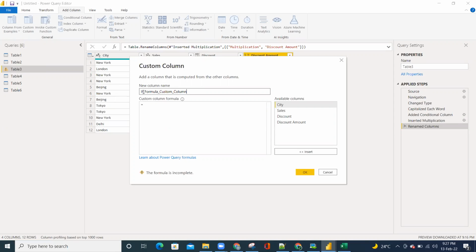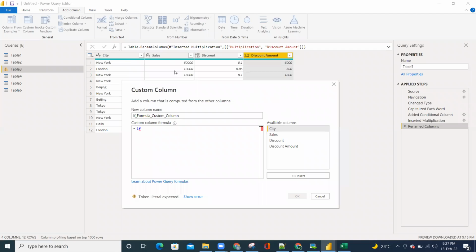Here you can give the column a name, just for your understanding. Then you can write the if formula. What is the condition I said? If the city is equal to New York, right? It again looks like simple English. As you're writing something manually, you need to write New York in double quotes. Whatever English statement I'm saying, the same thing I'm writing here: if city equal to New York,